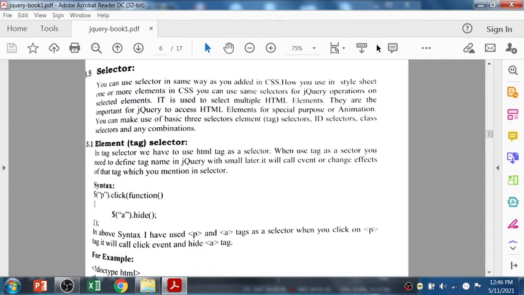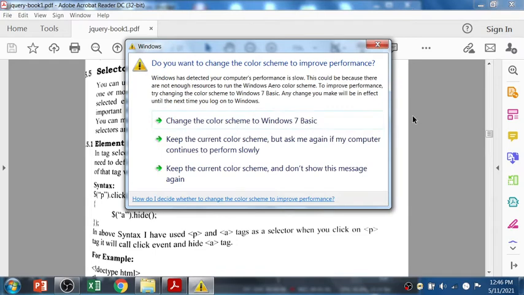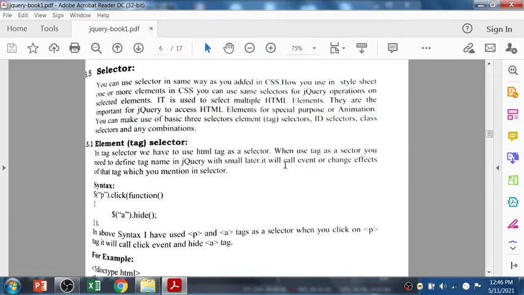There are two types of selectors, ID and class. Let's say you have declared a particular class; from that class you can select multiple HTML elements. Let's say the class name is ABC, so that is the selector. Elements in the ABC category may be from a P tag, a division tag, a span tag, or an anchor tag, but whatever is declared with the ABC selector will be affected.